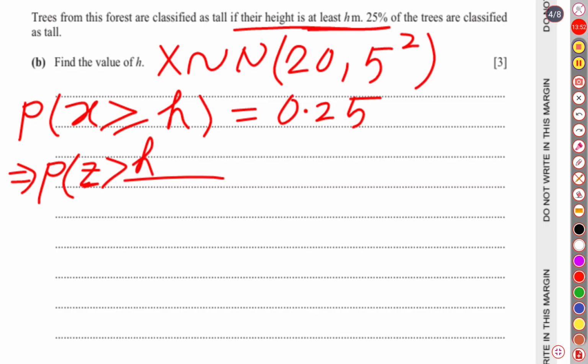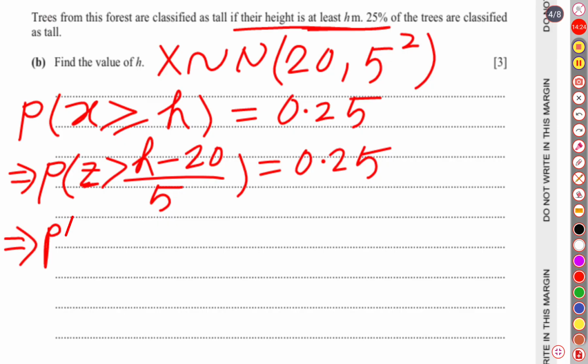Then h minus our mean value is 20, then it is 5. Right side is 0.25. So please don't get confused with this equal symbol. Greater than or equal to actually means the same in the case of a normal distribution, because this is applicable for a continuous random variable. Now we will have to find the corresponding z score when the probability is